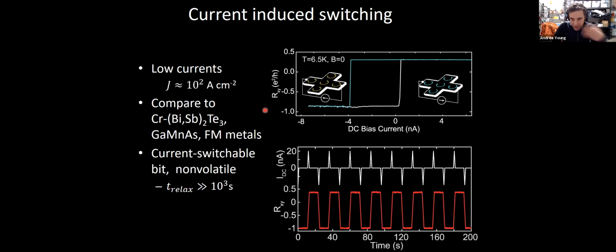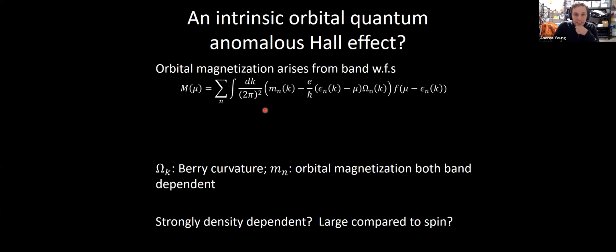So I told you something about pinning and disorder. I want to tell you a different modality to control these, and that arises from the basic fact that these, we believe, are largely orbital magnets. In other words, the claim from the theory literature, and I'll try to substantiate with experiments, is that the magnetization that we see and the magnetization that is relevant for all of the physics is either entirely or largely coming from orbital physics.